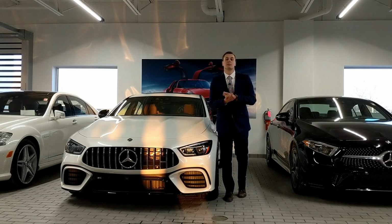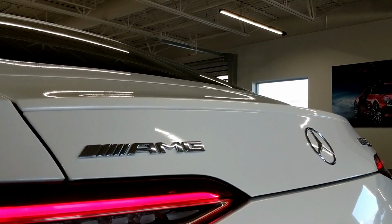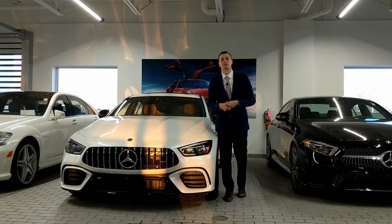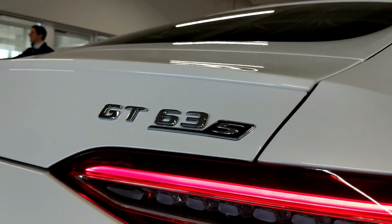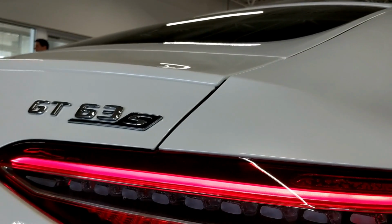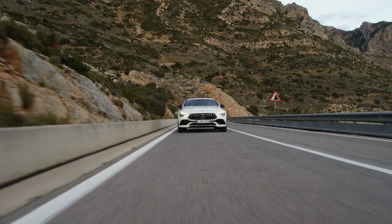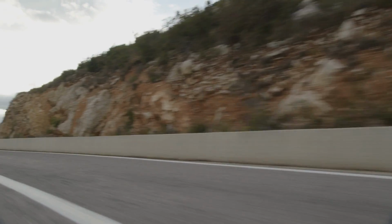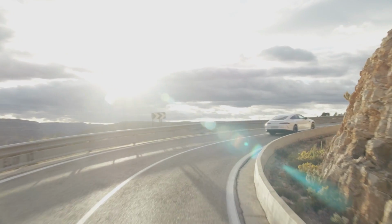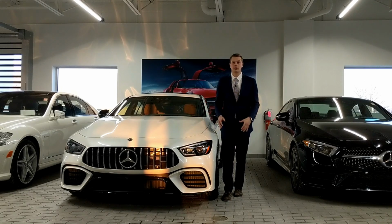And notice that I said turbo. That is because the AMG variant of this vehicle is going to be the only one that you can get. There's not going to be a GT 550, there's not going to be a GT 450, it's just GT 4-door 63S, which is actually fantastic because this GT 4-door 63S is the most powerful engine that's ever been built by Mercedes AMG. This is 630 horsepower, 627 pound-feet of torque, and all that power is going to go through all